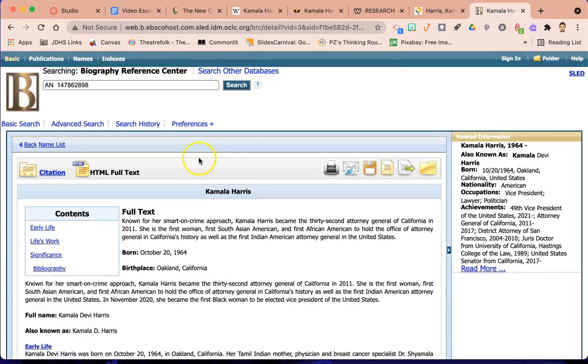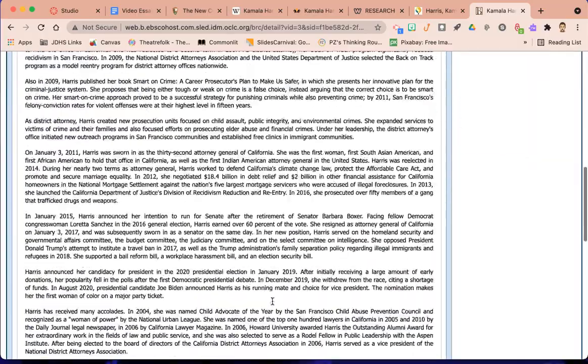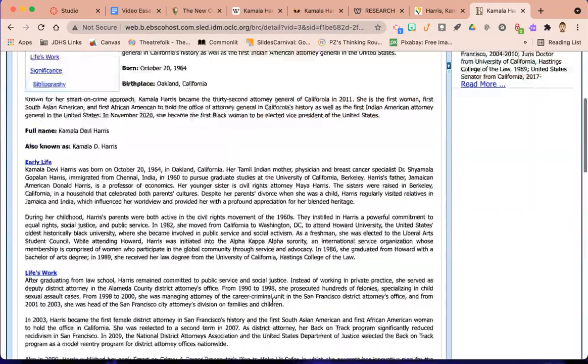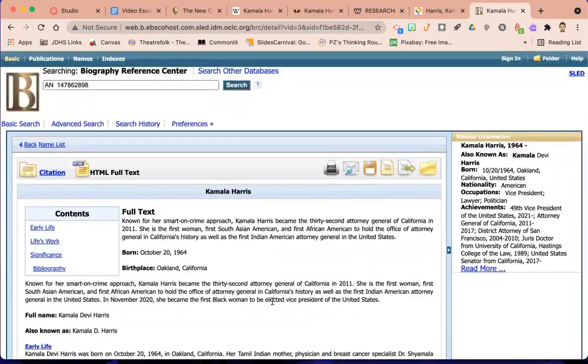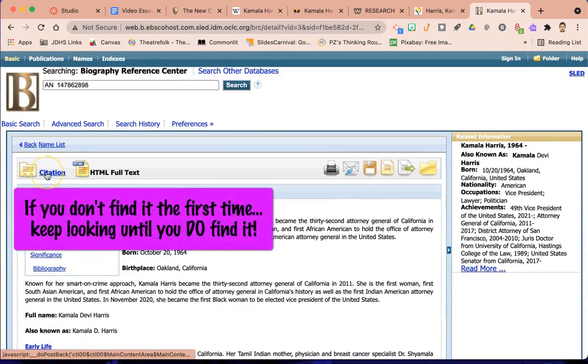This time I got it from the biography database. Here's my article that I read and took notes on. Again, I've got to find that citation button. It is right here. It says citation. Click that,